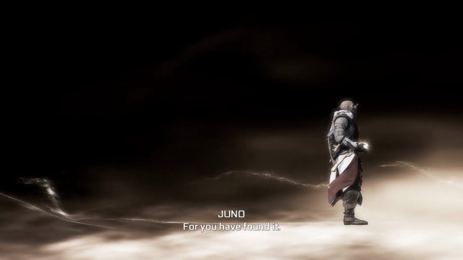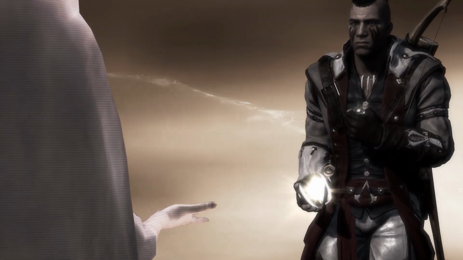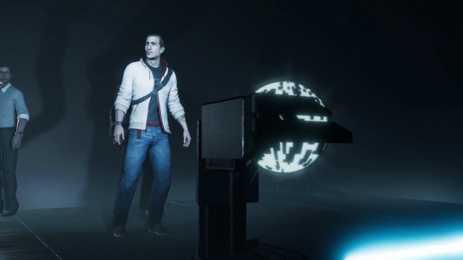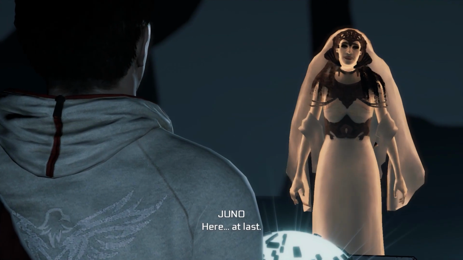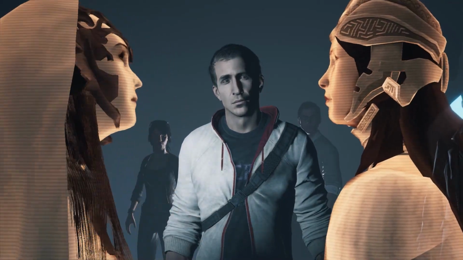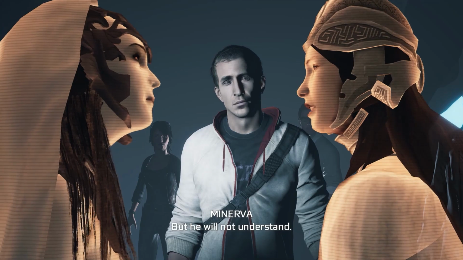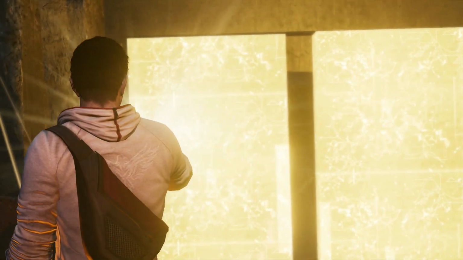Also, the whole Juno isn't strong enough thing feels like a cop-out to string her story over the next several games. I understand why Ubisoft would want to slowly unravel this plot, and if they wanted to do it, now was their opportunity after Desmond's death. But I don't think it works because this was the 6th game in this series. It feels a little like putting the genie back in the bottle or putting the rabbit back into the hat,